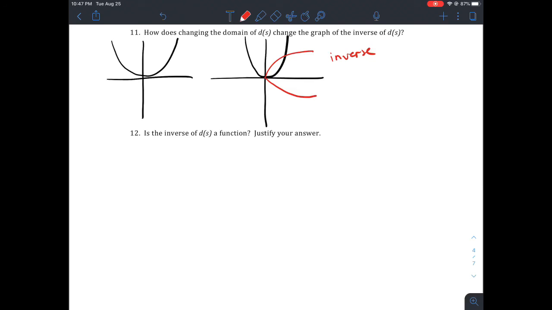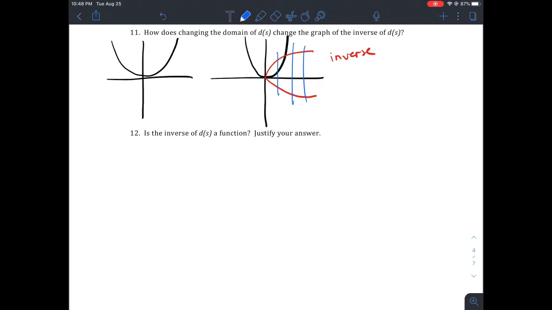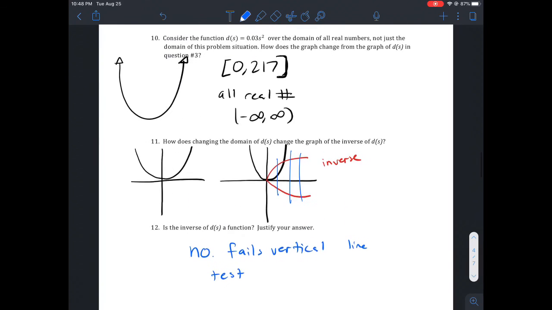Then they said, is the inverse of d of s a function? Justify your answer. Well, is this inverse a function? No, it's not, right? That's not going to pass the vertical line test. It fails the vertical line test. So basically, we need to restrict the domain here. We have to say what the domain is, because if we don't, then the inverse isn't